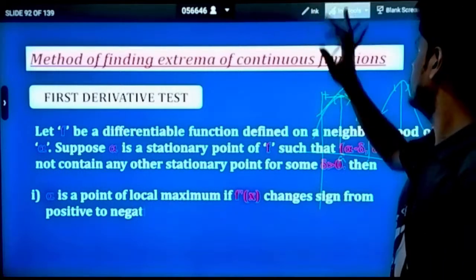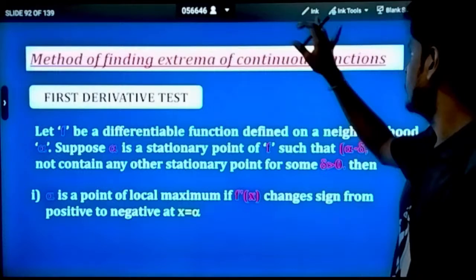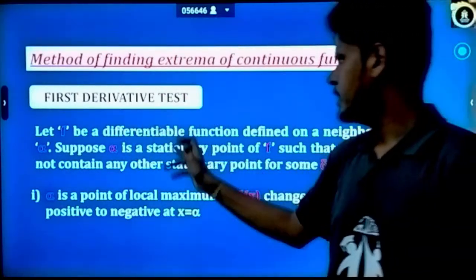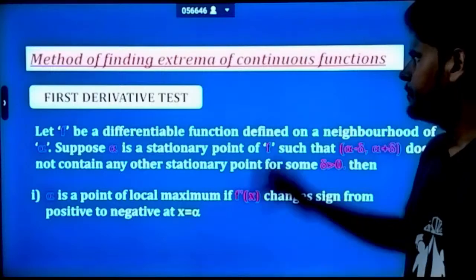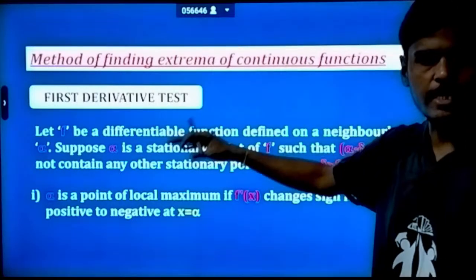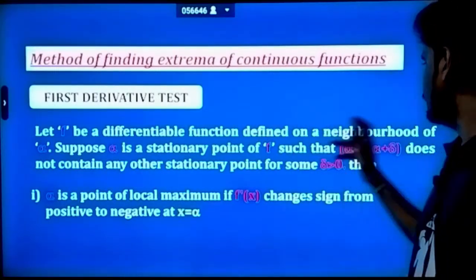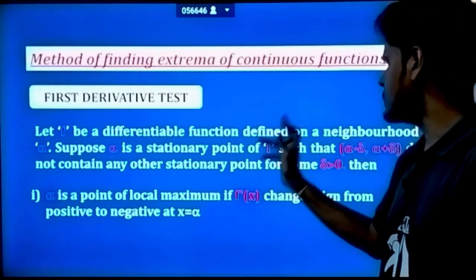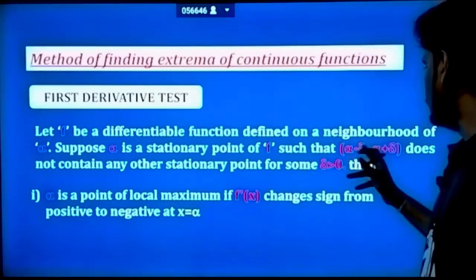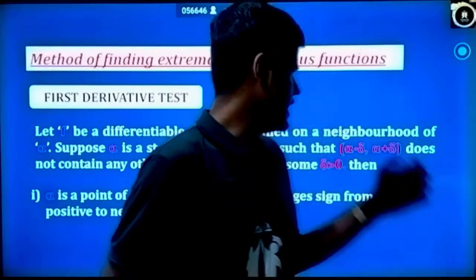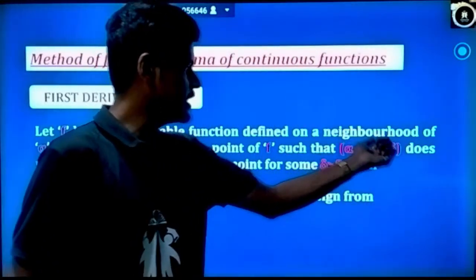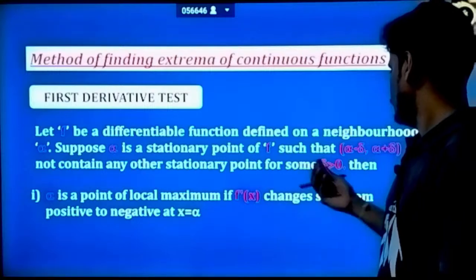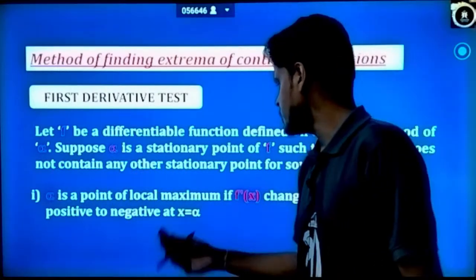Now we will delete this and see what is given here. Okay, the first derivative test is: let f be a differentiable function, not only continuous, the function has to be differentiable, and also defined on the neighborhood of point A. Then A is a stationary point of f such that in the interval, in the neighborhood of A, that is A minus delta to A plus delta, does not contain any other point for which